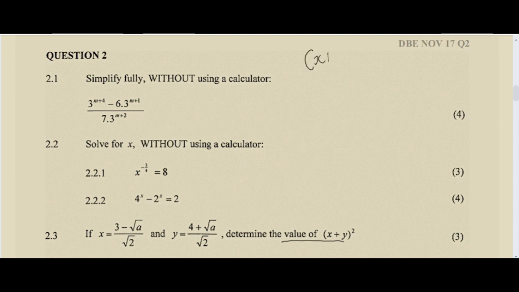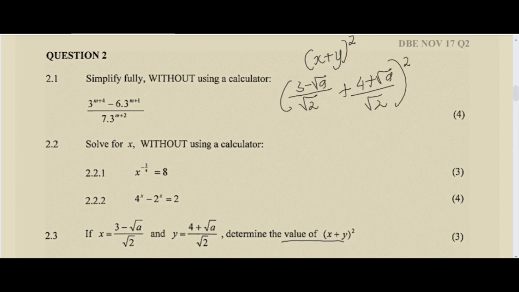So we have x plus y squared, and then we are told that x is this. So let's substitute. Where there is x, I'm going to substitute that expression, and then over root 2, and then where there is y, I need to substitute this expression here. Then 4 plus root a over root 2. Now we know square, right? Now we know if we have the same denominator, that means we are allowed to do this. We can say 3 minus root a plus 4 plus root a, all expressed to the same denominator here, right? So because the denominators are the same, you can just write all the numerators there